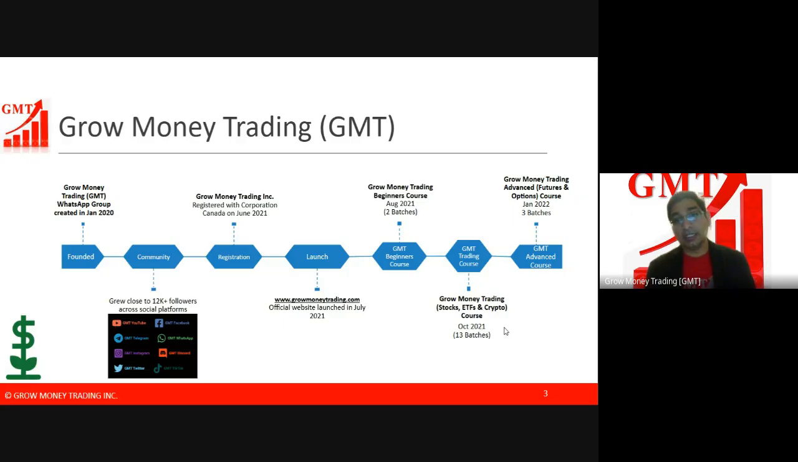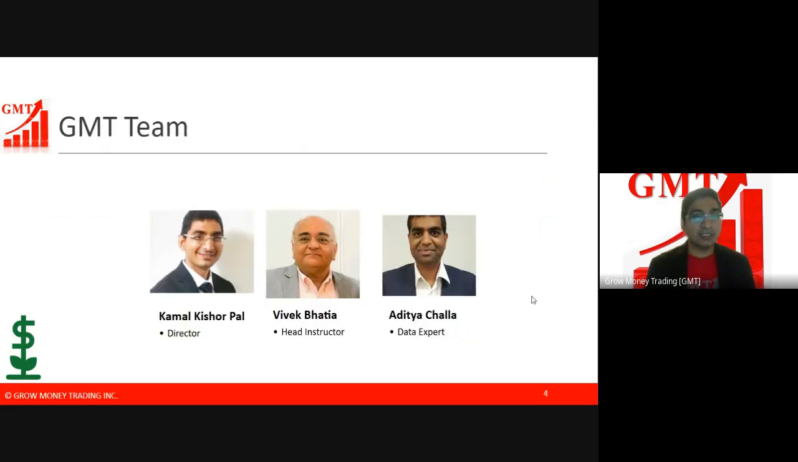We also have our advanced course, which is intended more for futures and options, as some of the active traders are interested in trading high risk and high reward instruments like futures and options, which we call the GMT advanced course. In terms of the GMT team, the instructors who would be associated with the upcoming batch that's starting next week,